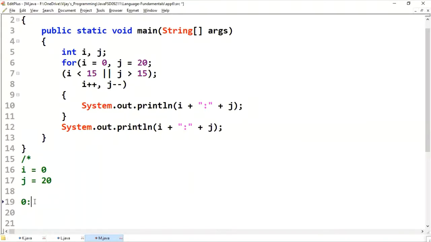Zero colon, j value is 20. Now i will be incremented to 1, j will be decremented to 19.